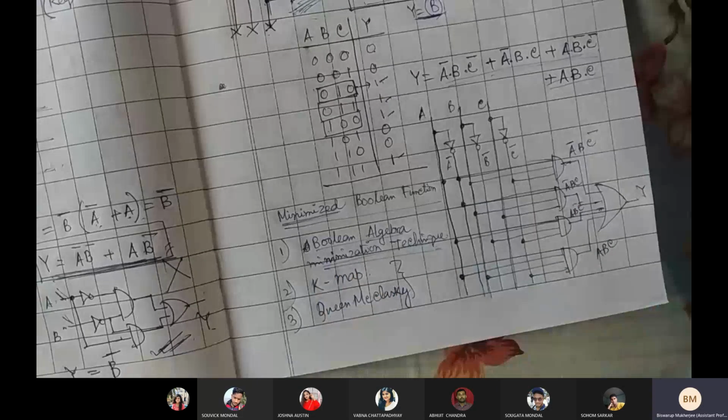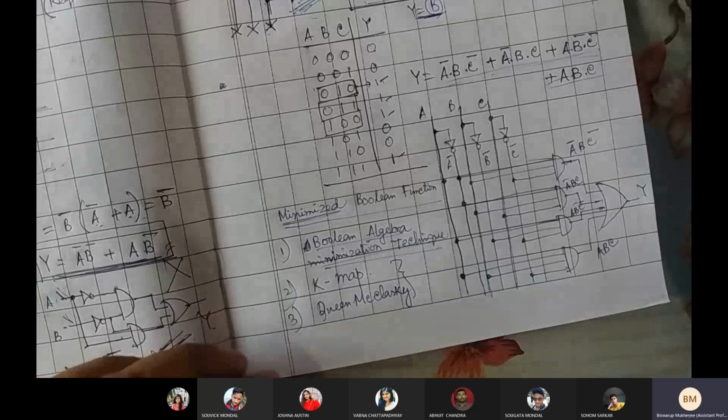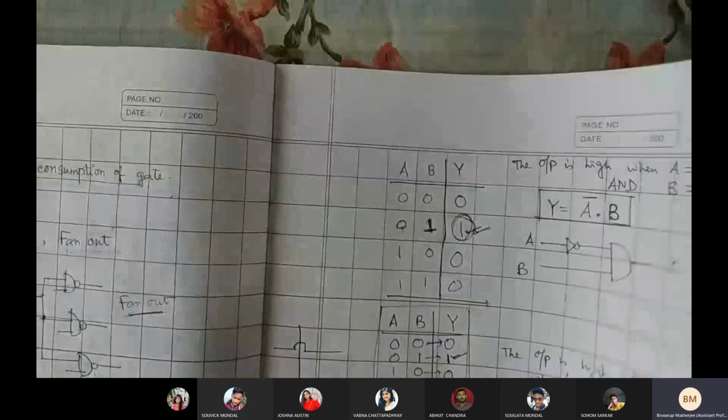First of all, we'll be going for the Boolean algebra based minimization technique. Then we'll be moving to the next one, the Karnaugh map based technique, and finally, if time permits, we will be going for the Quine-McCluskey method also. Though Quine-McCluskey is not important for undergraduate level, and even for postgraduate level it is not very popular, it is still included because it is actually required for a higher number of inputs.